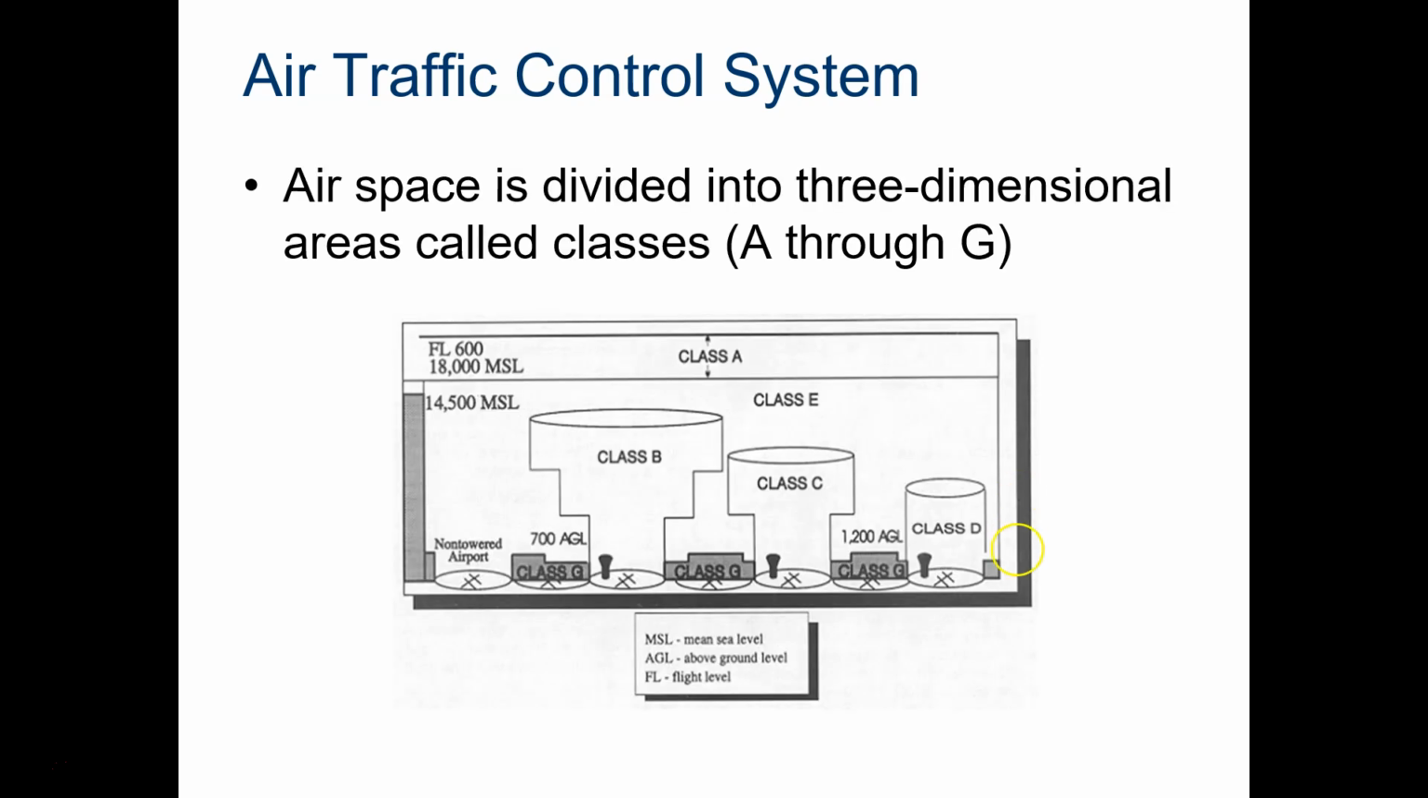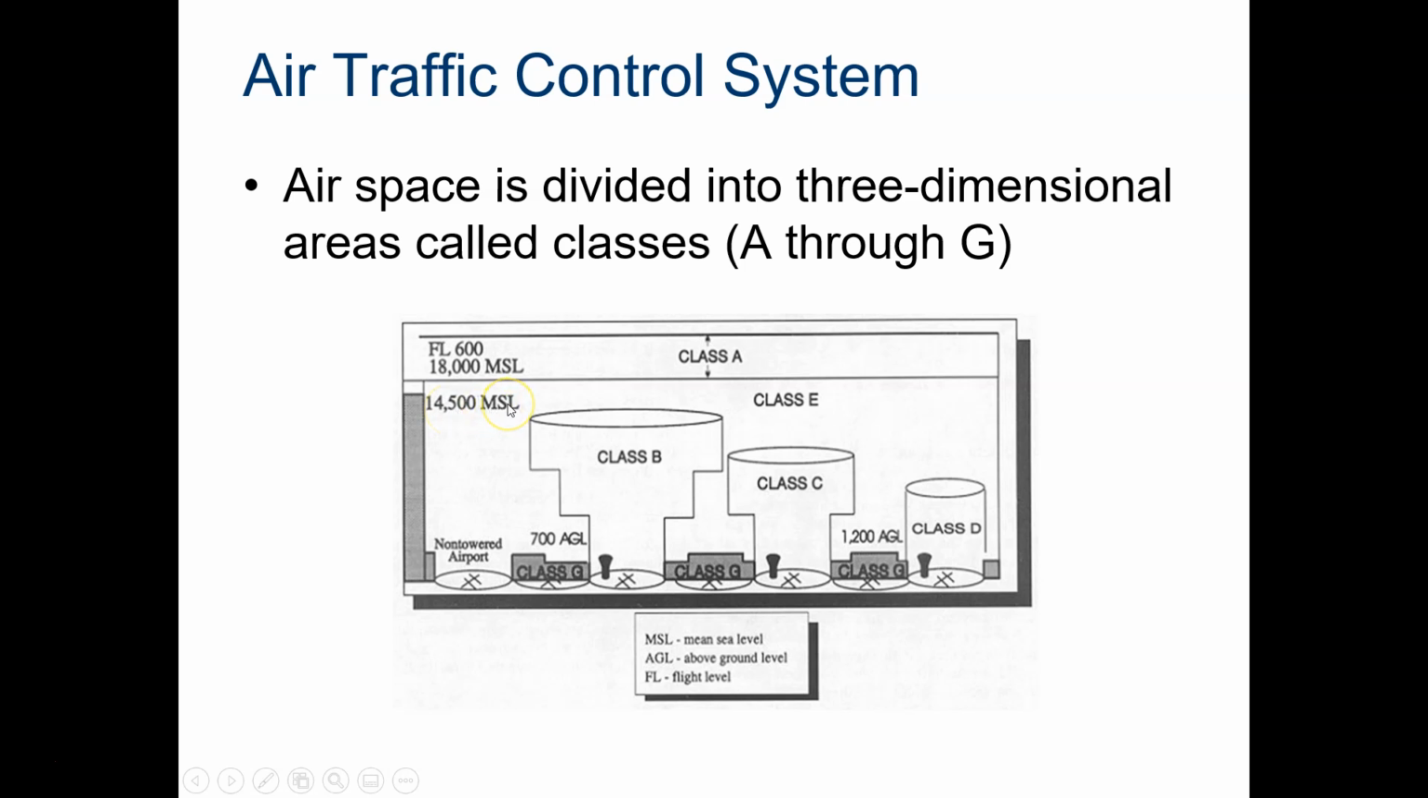This is a little bit of an eyesore, and it's something that all pilots know. There are different classes of airspace, A through G, and it kind of looks like an upside down cake, like a tiered wedding cake. With these different tiers, you can see a non-towered airport. You can go up to